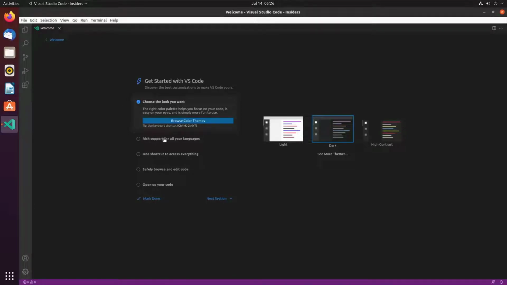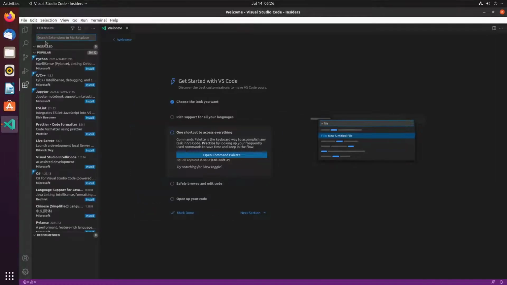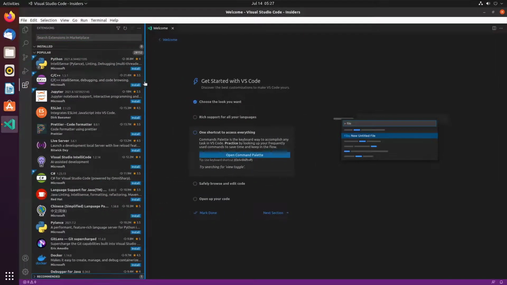What is next? You have all these things, just information, and you can skim over it. Now, let's see what we need. There is a concept of extensions in Visual Studio Code. What are these extensions? Basically, add-ins. They enhance Visual Studio Code according to their intention.